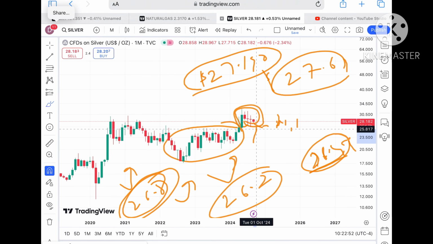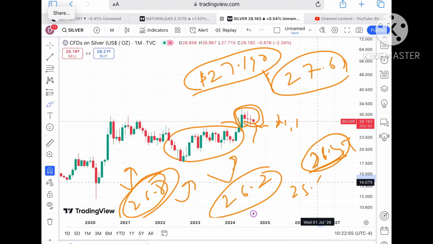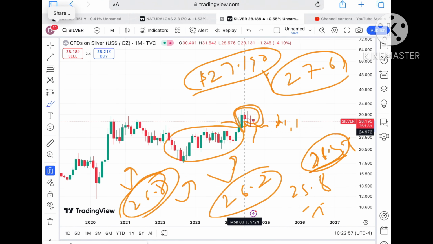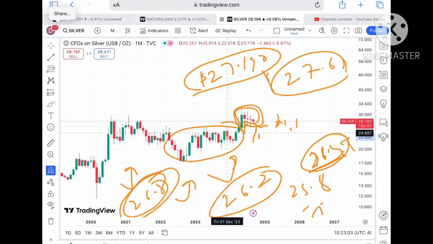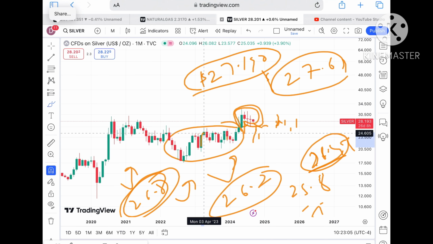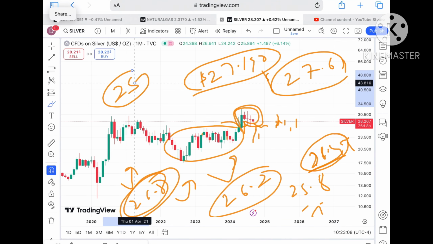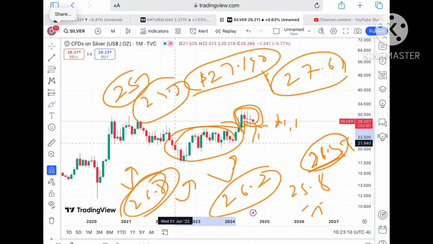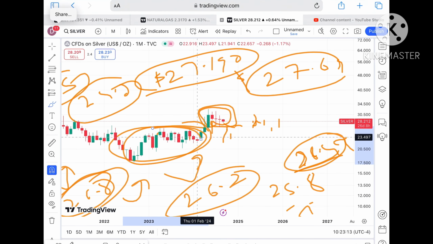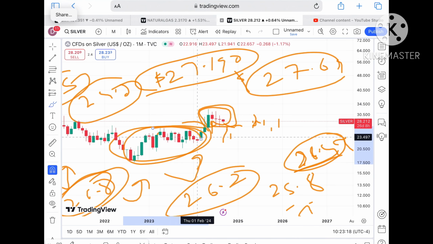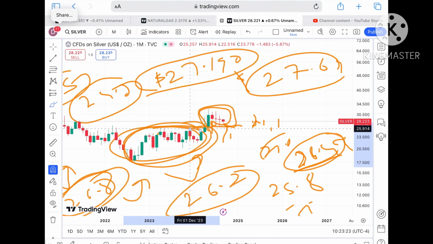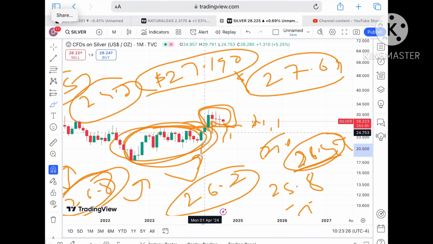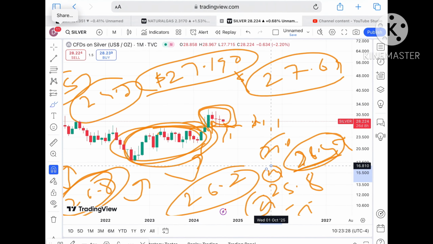So we can see it will fall further low towards a level of around 25.8, and then to a level of $25.3. And then if the price starts falling below that particular zone, a further fall we can see towards a level of around $25. And then to a level of around 24.7, and if the price starts falling, it will move in this zone only. But you have to understand that as soon as the price starts falling below a level of 26.6, it will move in this zone, and then it will move in the zone of around 24.7 to a level of 24.5.